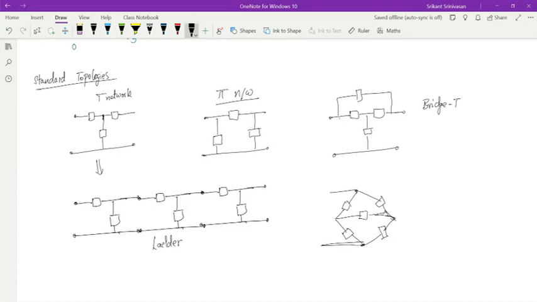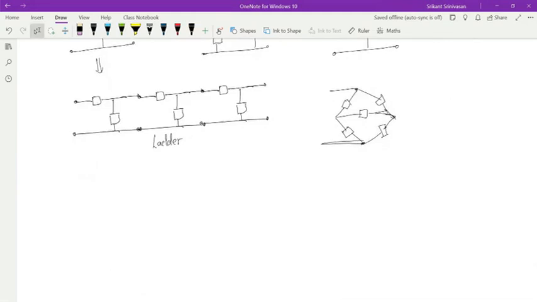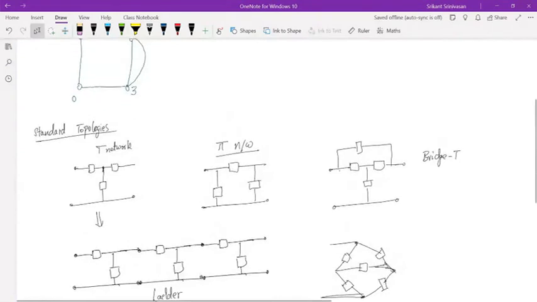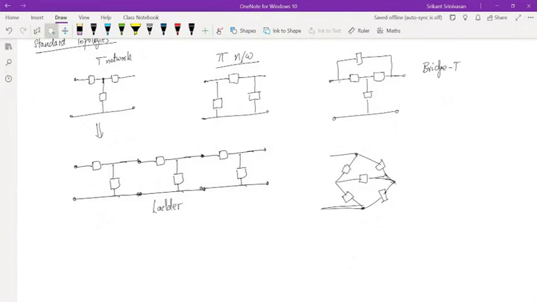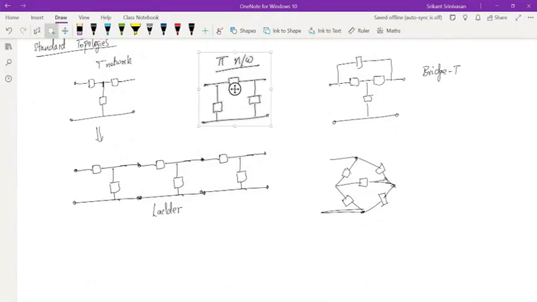Okay. So before going into too much detail, since this is the first class, we'll look at some of the topological properties. For example, any network that can be represented on a sheet of paper, like on the screen over here, without any intersections, is called a planar network. So for example, let us consider this pi network. If I want to represent the pi network by a bunch of nodes and branches, then how do I represent it?